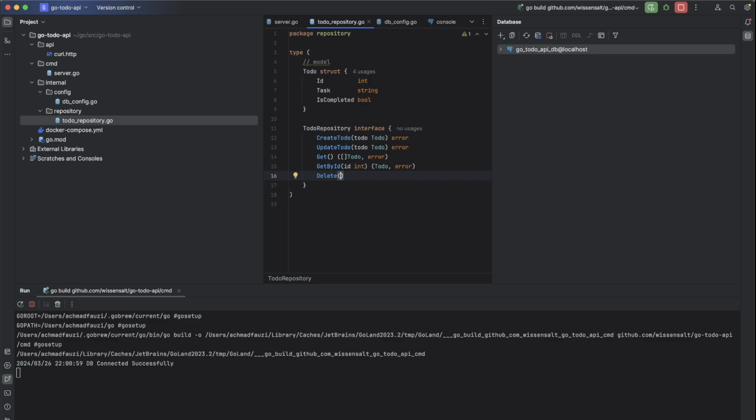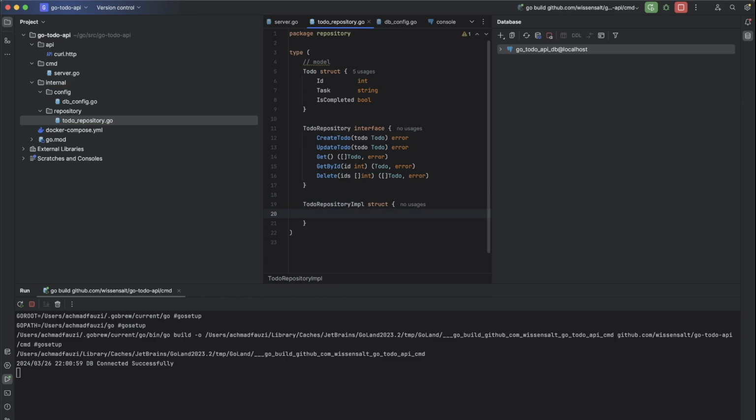Okay. Next, delete todo. It will have the IDs from the list of integer. It will be returning list of todo and error. Okay, now let's implement this repository via repository implementation. Todo repository implementation is a struct.